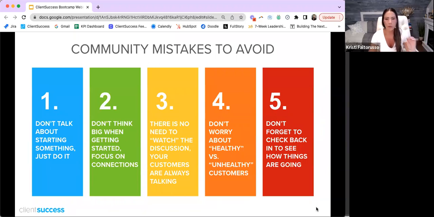Like this one customer had a glitch or a bad experience, the product didn't work, or we weren't able to ingest their data the right way, or we didn't have the integration that they wanted, right? There's always going to be something, but you can't be afraid of that, right? Your customers are having these conversations, whether you see it, know it or not. And so please don't be committed to watching every single conversation that's taking place. It's not necessary. Let the conversations happen organically.